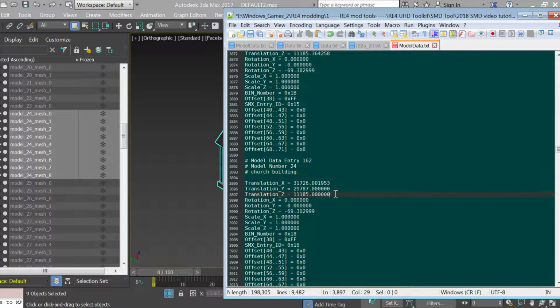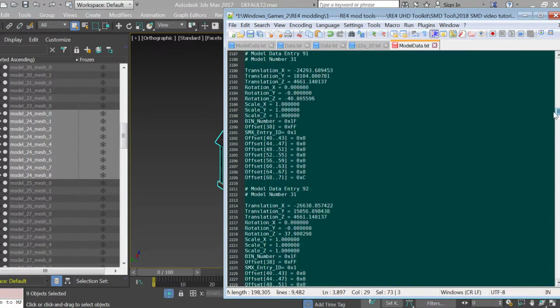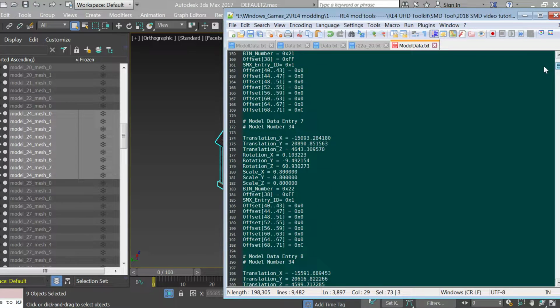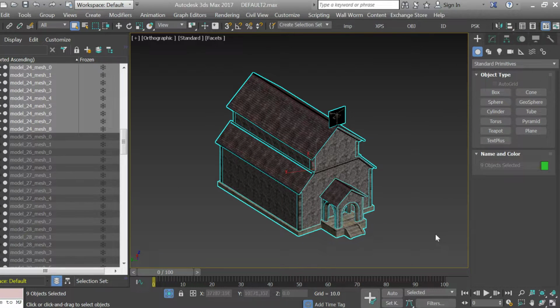Now we see that these are the coordinates of the model. What that means is, usually models either have coordinates like this that are governed by the model Datatex file, or the coordinates are at 0, 0, 0, like this. Now what that means is, if I were to export this model